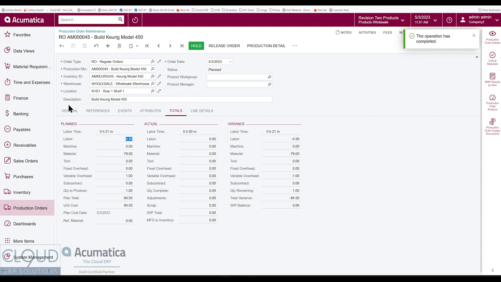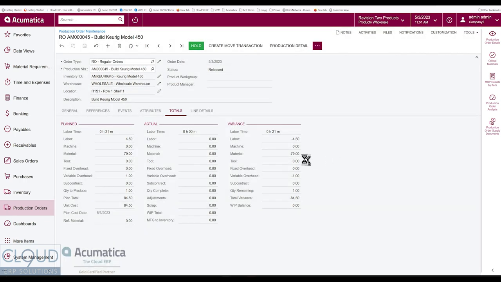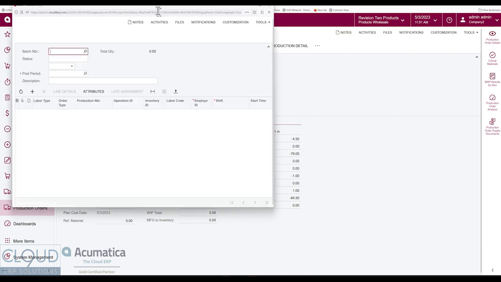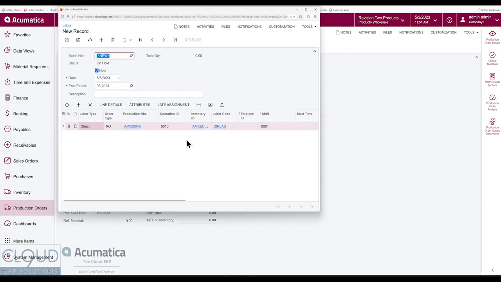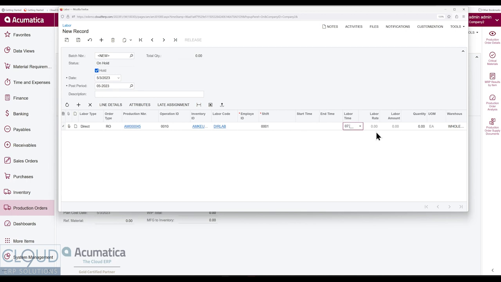But what we're going to do is release the order, get it into the shop floor, and then create a labor transaction. So we can do one of two things with this labor transaction. We could put the labor in or the start and end time. In this case, I'm going to put in 7 hours